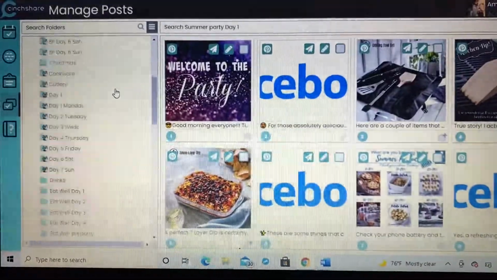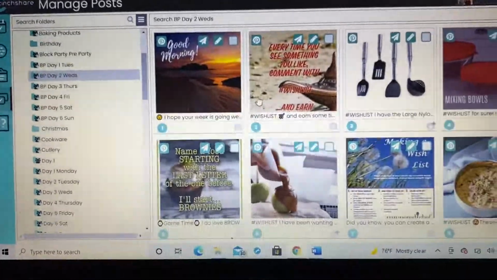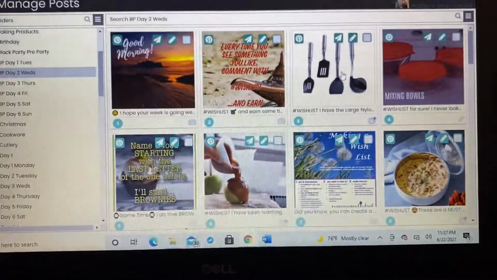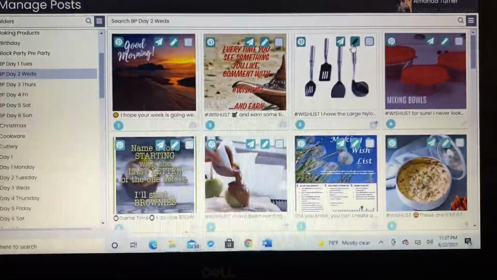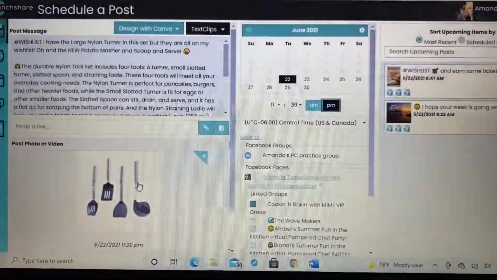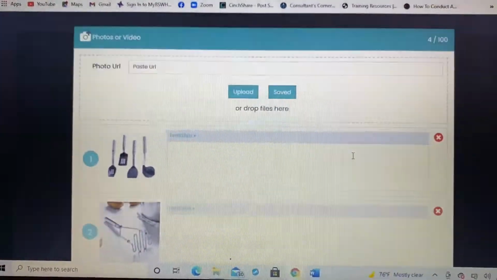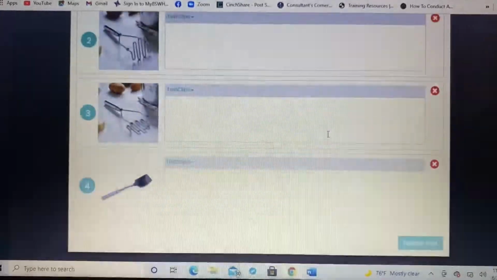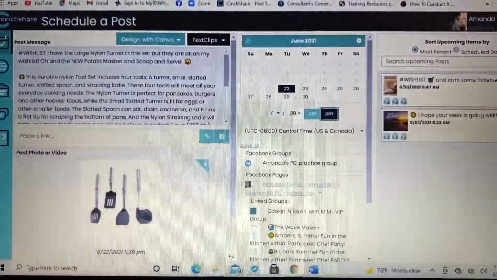Now let's go back to our Wednesday. So let's say on this post with these utensils here, let's say we want to edit it, right? I don't just want to post it. I want to edit it to where it saves. Maybe I have a photo in here that's not a good photo anymore, right? And I want to take that photo out, and I don't want to have to take it out every single time I go to post from this one. So you could take out a photo, you could add a photo, you could change some of the verbiage. So, you know, you could come in here and say,